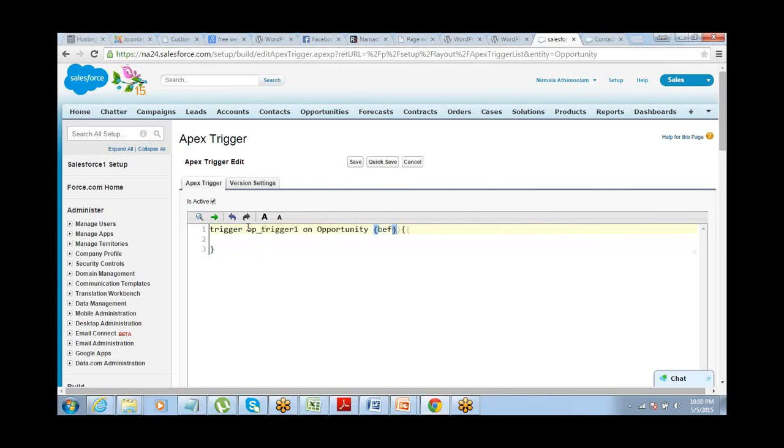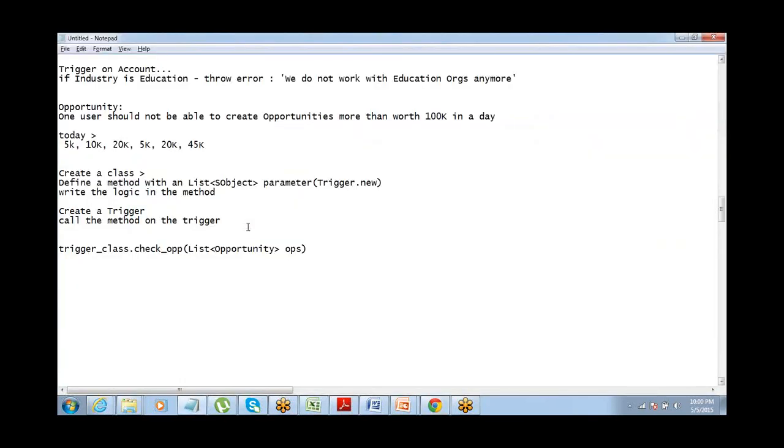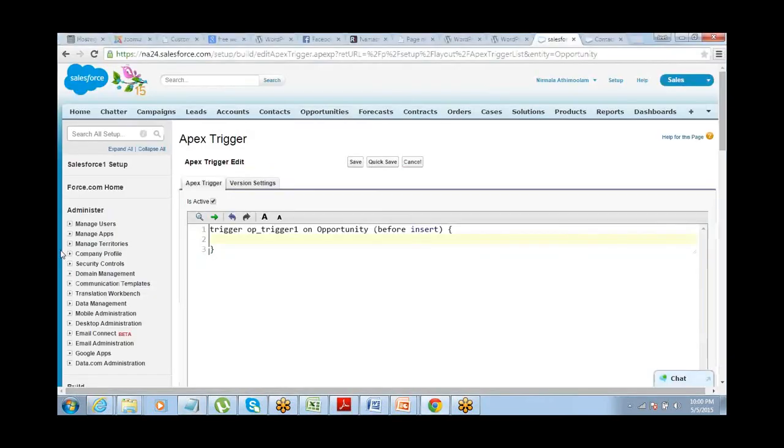Event is going to be before insert. And then here you don't have to write any bit of code, you just have to call this class.method name. Instead of ops, use trigger.new here. That's it.